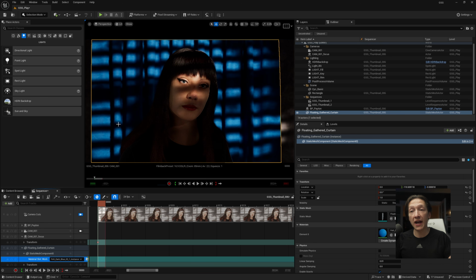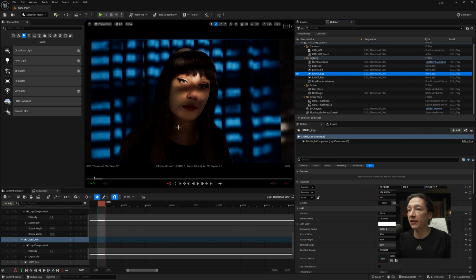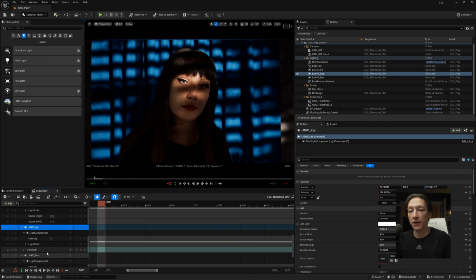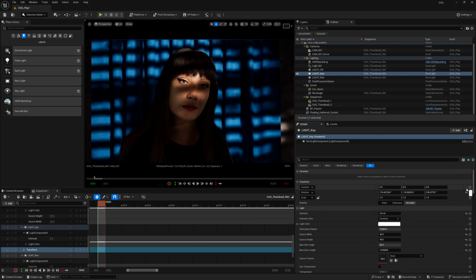So now we have that object, and what I want to do is make this look a little bit more high key, and high key is just a little bit more bright, less moody. So first off, what we're going to do is go to our light, our key light, and I'm going to go ahead and set this location data to be at absolute 0. So I'll first go to my plus track of my light key and set the transform, and then once the transform is in my level sequencer, I will reset my value on the location and the rotation,